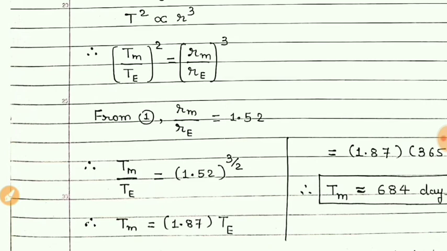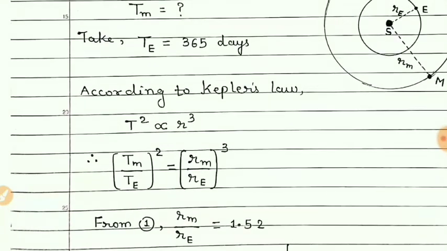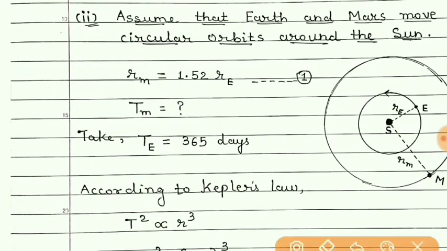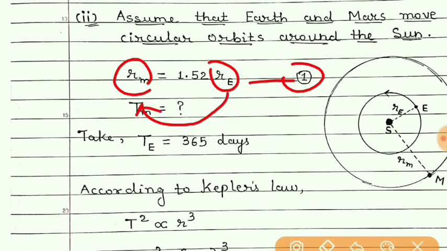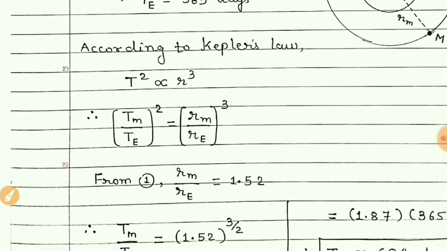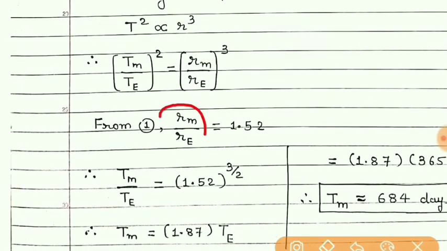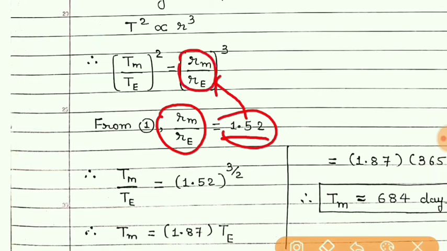Now, from this equation number 1, Rm upon Re is equal to 1.52. We can write Rm upon Re is equal to 1.52, and this value we can put here because here it is Rm upon Re. So I have kept that value here,